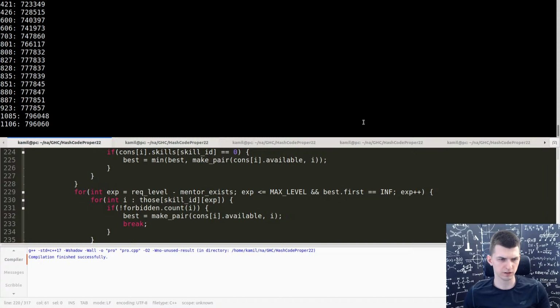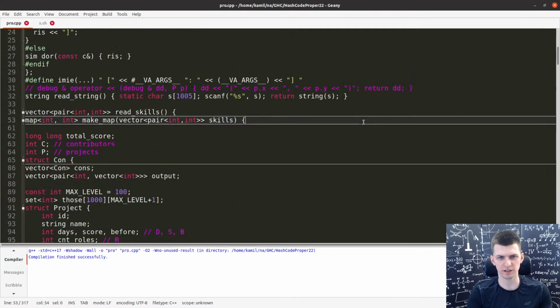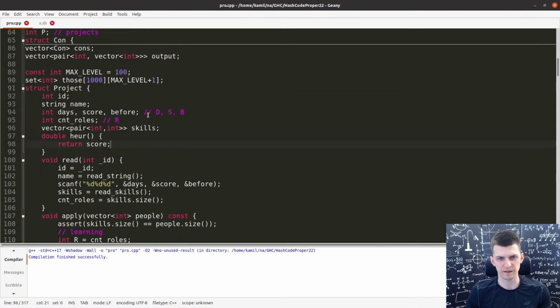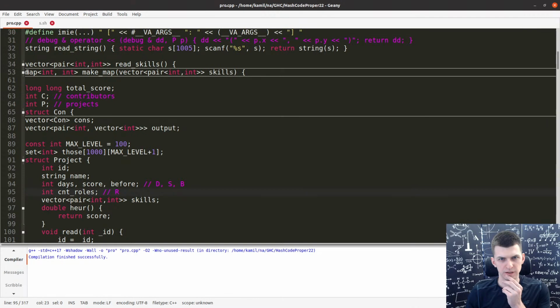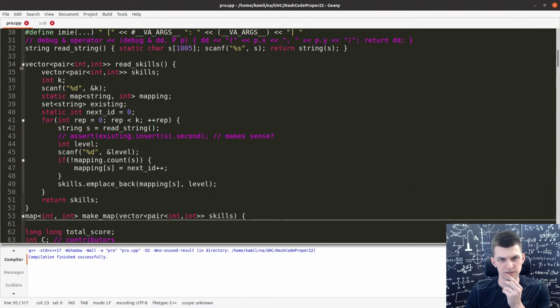Do you think there are only 10,000 skills? There could be more. I think there are only 1,000 skills. We checked that statistics during a contest. Here I should in some way actually do that. I'm sure that I have access to it somewhere. I believe in read skills, the mapping size, this thing.